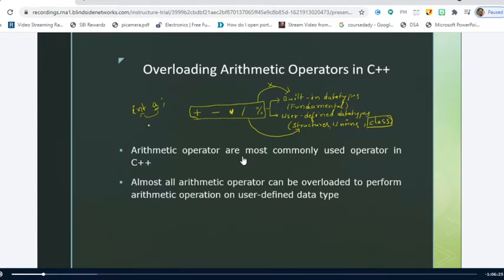Similarly, I have a class called demo. If I write demo D, what is D here? It's a variable of the class, which is nothing but the object. So the variables, the instances of the class, are nothing but the objects.